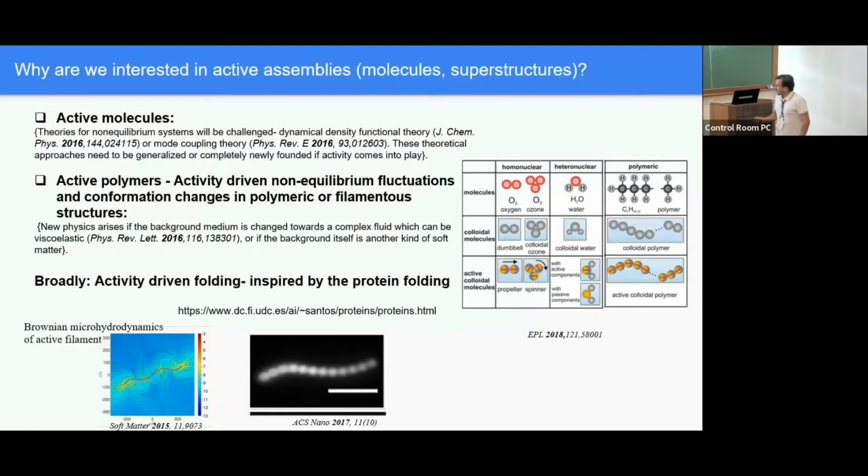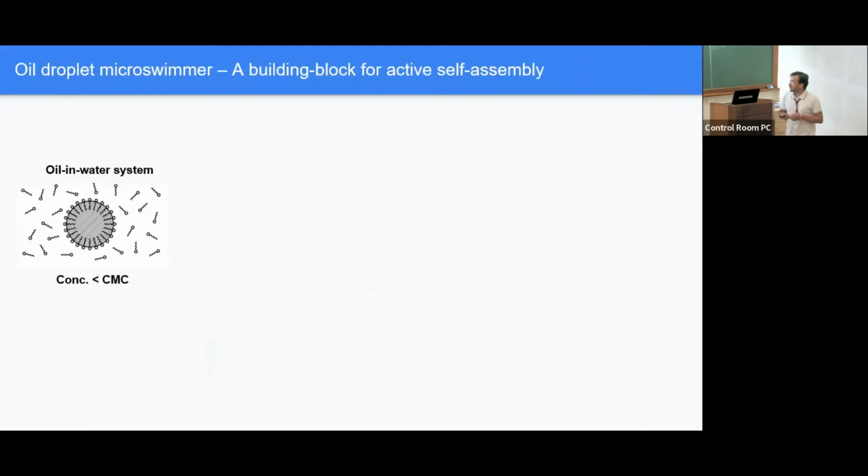For example, these are the active chains of colloids, and the problem with such kind of system is they have fixed internal orientations and they are not freely jointed, whereas we are going to develop a system where we can control the internal orientations as well as the bonds can freely rotate. So the kind of system we are using here is a simple oil in water system,